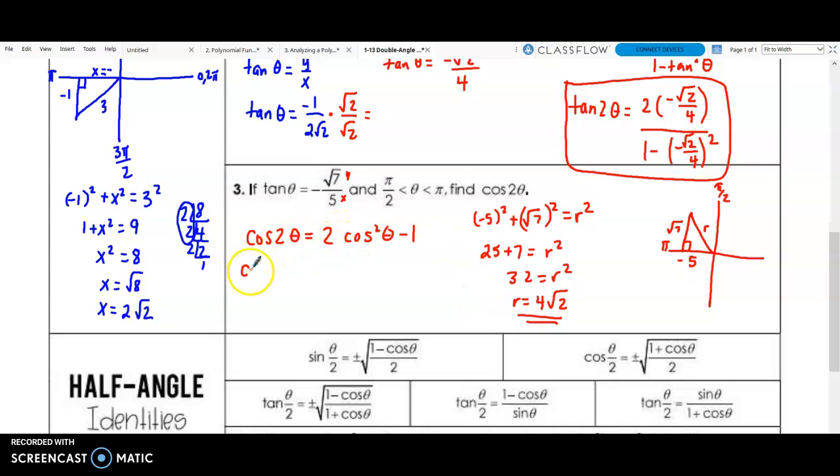So then filling this out, cosine 2 theta equals 2 cosine squared theta. Cosine is x, which is negative 5, over r, squared, minus 1. And you can just put this into your calculator